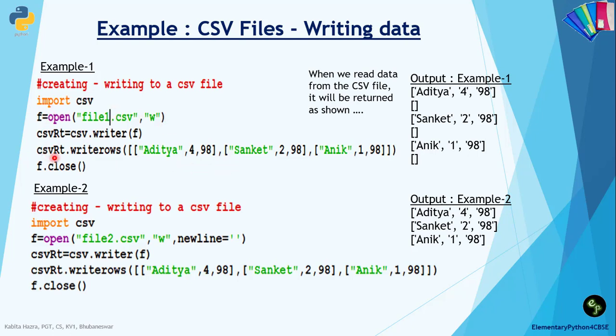In the first example we have not used the optional newline argument, and here it is the same example but with the newline argument having nothing. So the first will write additional newline characters to the file. We'll run the program and see the difference. Whereas this will not write the additional newline characters. It will suppress the writing of the newline or end of line character, which is the newline character by default. Let us see the example.